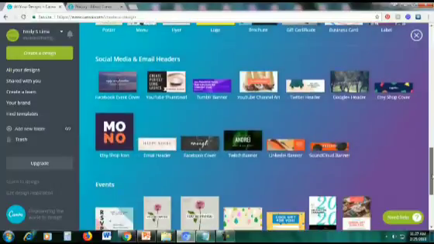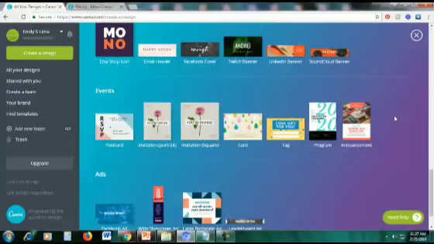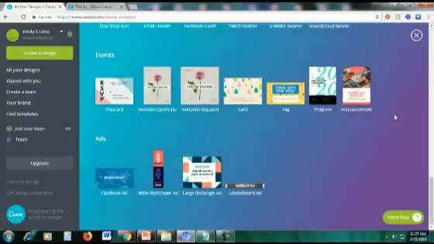If you're into social media, there are also some graphics for you, such as Facebook event covers, YouTube thumbnails, Tumblr banner, YouTube channel art, Twitter header, Google header. And if you have a shop on Etsy, then you can also have an Etsy shop cover. As you can see, there are many different types of graphics you can create using Canva, and you